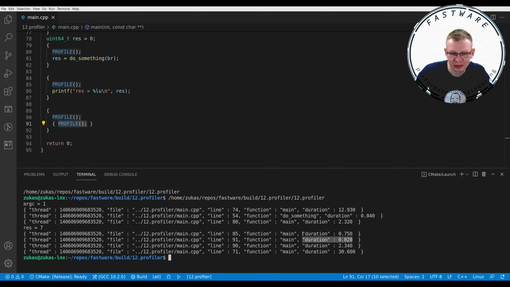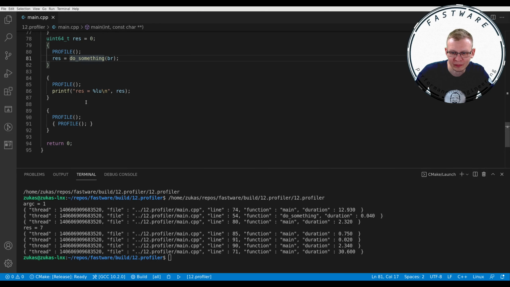And then we have line 90, so this profiler itself is profiling that profiler. How long does it take to construct and destruct a profiler? It's trivial, right? And it takes about 2.3 microseconds, which is almost the same as actually calling this do something